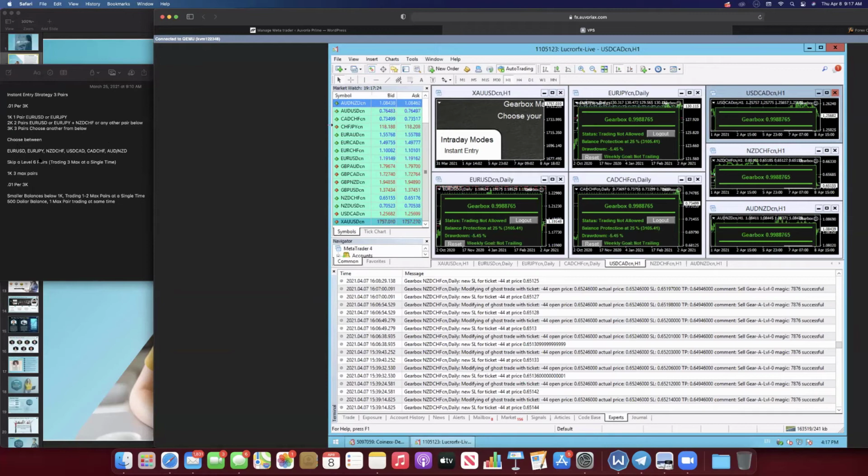Paul, are there any types of other trades GearBox opens other than Gear A and Gear B? Does GearBox open hedge trades? Absolutely. GearBox can play both sides of the market. A great example, let me stop sharing my screen. I'll give you an example real quick of what I mean. This is a precision account I'm about to show, but to answer your question, I'm going to my other VPS.